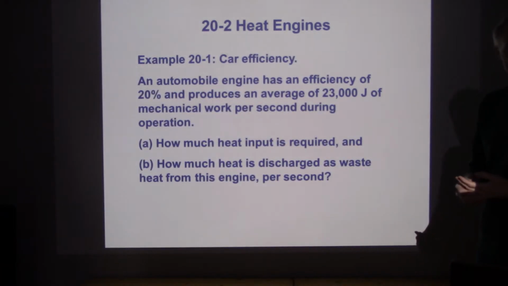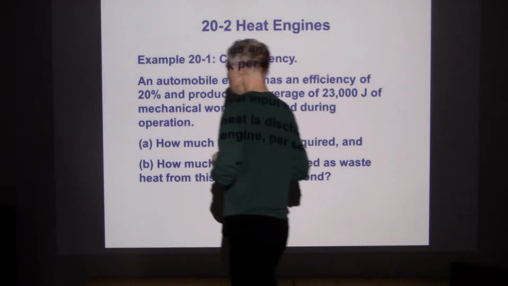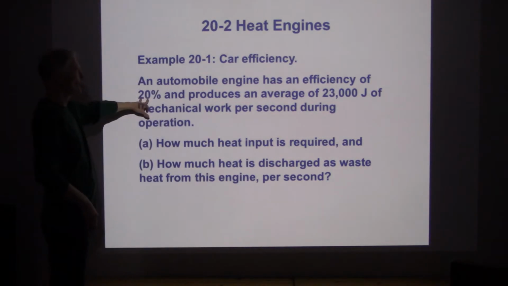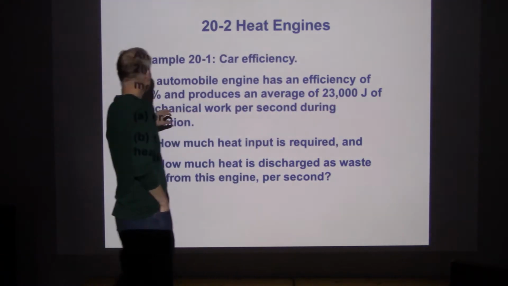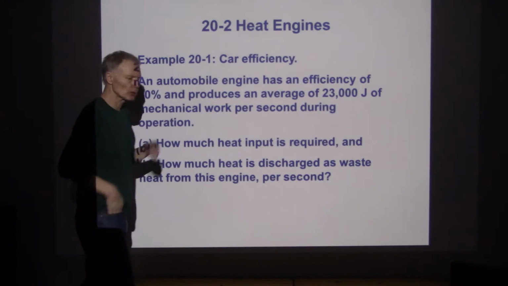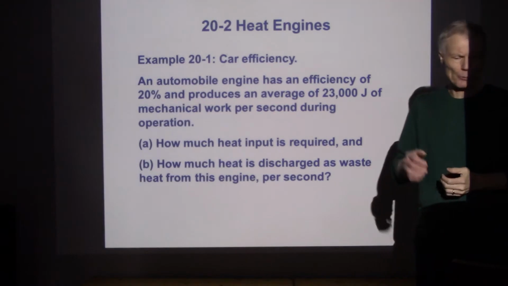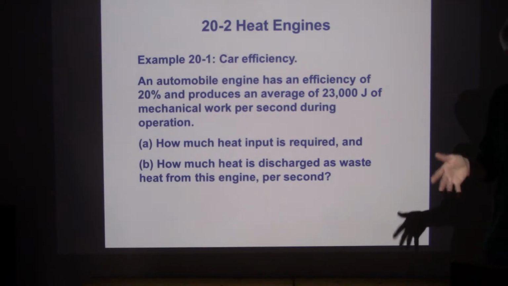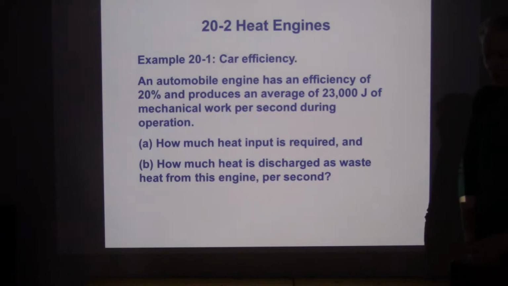So let's try an example. Here's a car. They tell us right out that this car has an efficiency of 20% and that it produces 23,000 joules of mechanical work every second during operation. So here's this automobile engine. And it sounds to me like if it's 23,000 joules per second, that's 23,000 watts or 23 kilowatts, which is